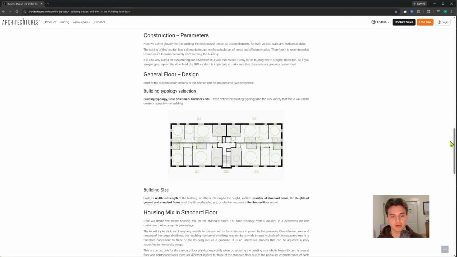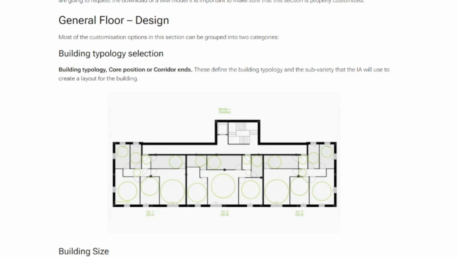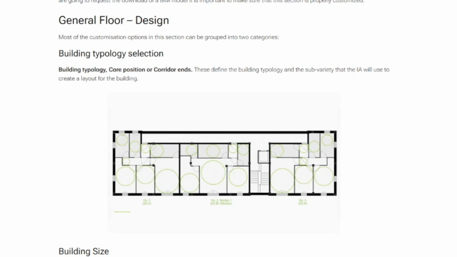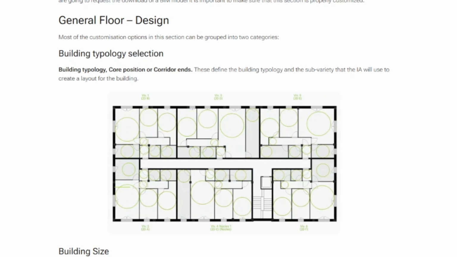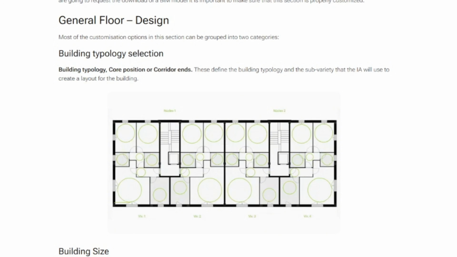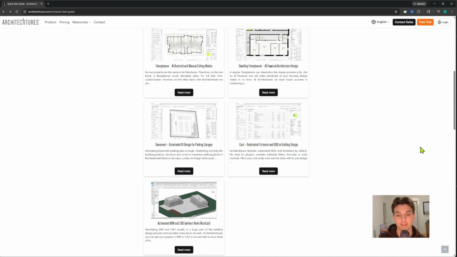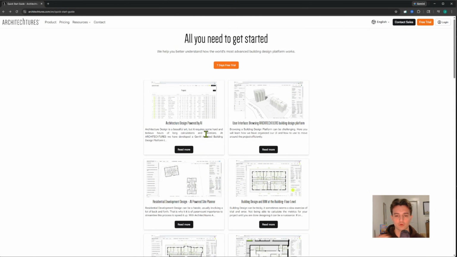And then in this iteration, it's giving various options for the apartment layouts, giving different corridor structures as well as the quantity and sizing of each apartment. But it's very tangible because it can also do things like cost estimation and also design parking garage and just parking layouts. Because who wants to design parking layouts and actually enjoys it? Let's give it to AI to start to automate those things that don't require a lot of effort, but take a lot of time. So if you want to check out Architectures, this floor plan and design iteration generation tool,